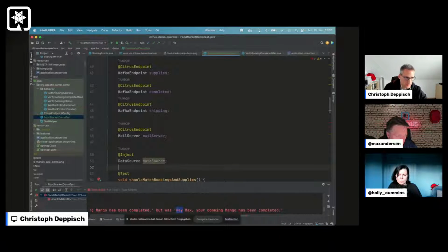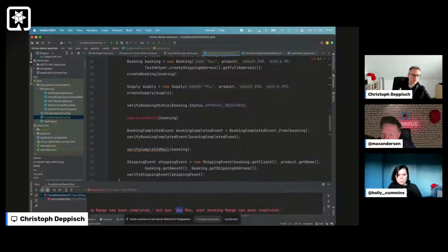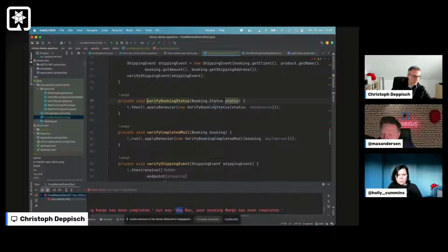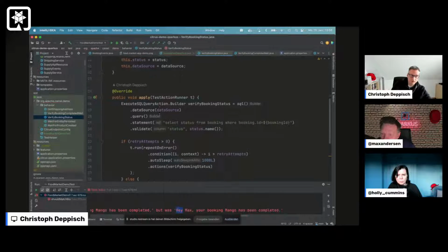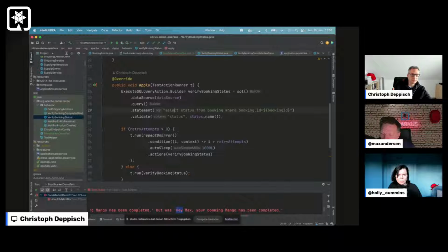And this should be injecting the data source that is used by the test containers that is started by Quarkus Dev Services. So the connection settings and everything for the test containers, which is listening on a random port, all go into this injected data source. And I can use this data source then in my behavior to actually use another thing by Citrus, which is to look into the database and verify the result set. So I'm having this select status from booking, and I'm using the booking ID,